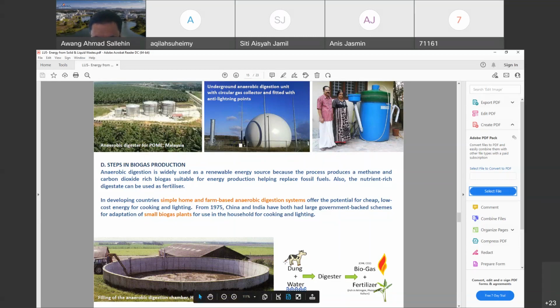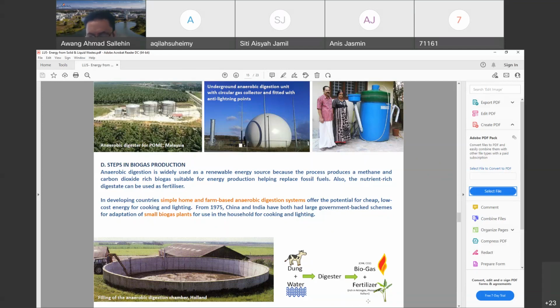So you have the animal waste combined with water undergoing anaerobic digestion that will produce biogas as well as residual sludge in the form of biofertilizer, which is high in nitrogen, phosphate, as well as potassium. So this anaerobic digestion is widely used as a renewable energy source, because it helps to produce methane and carbon dioxide rich biogas, which is suitable for energy production,